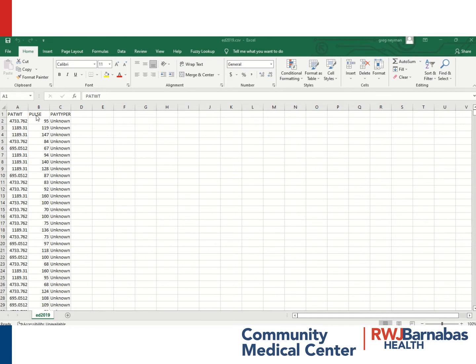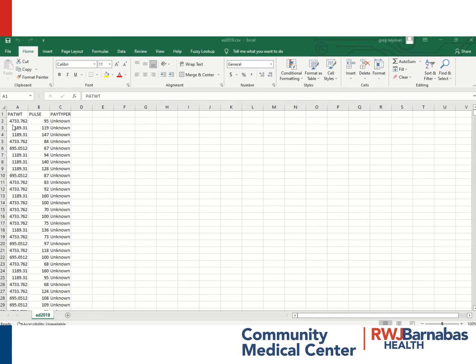So this is heart rate, pulse, and pay type is the insurance. And way over here, for the purposes of this lecture, is the most important value. I'm always going to start it with pat weight, which is the patient weight. That means this visit where the pulse was 95 and the insurance status was unknown represents about 4,700 visits in